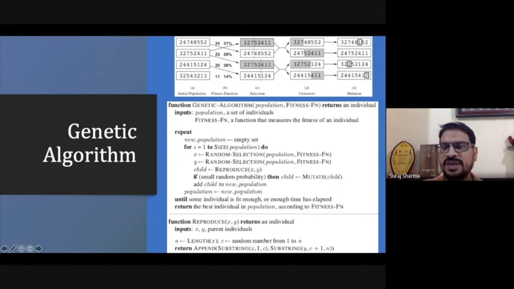Let's say here the gene is 5. That 5 will be replaced with 1. Here there is no change, no mutation. Here this 7 will be replaced with 2. Here this 1 will be replaced with 7. In that way we do some mutation. After that we get a new population. In this new population, again we do the same thing. We calculate the fitness function, and from the population